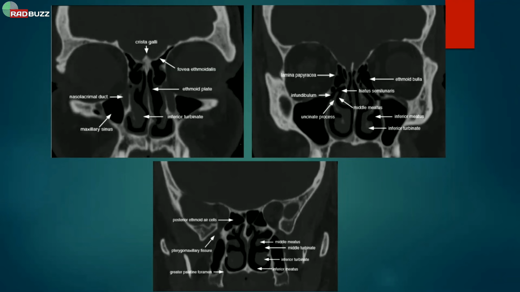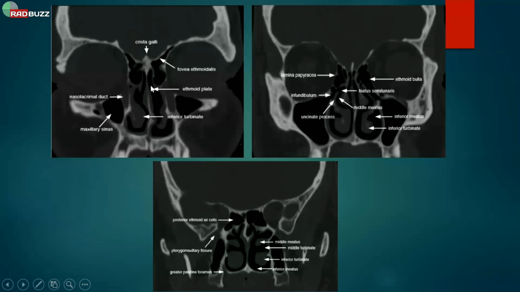Olfactory bulb is present just at the base. So olfactory tumors or any pathology related to the frontal bone or frontal lobe, like herniation of the brain tissue. If these bones are broken down, they will herniate down, or any pathology from the sinuses will go up. They will reach this bony area and they will go up into the brain. Fovea is just a little bit of